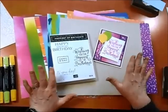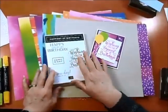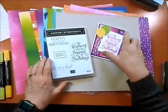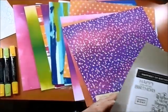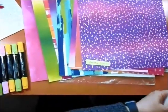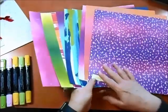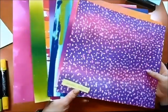Well, this is just the simplest, most beautiful birthday card, and we're using the happiest of birthdays. We used this It's Your Day, Enjoy It in a previous card, so you can see the diversity of this set. We're going to be using, again, this Artistry Blooms designer series paper, sorry. And you can see how it just has so many choices to it. I just love the vibrancy,